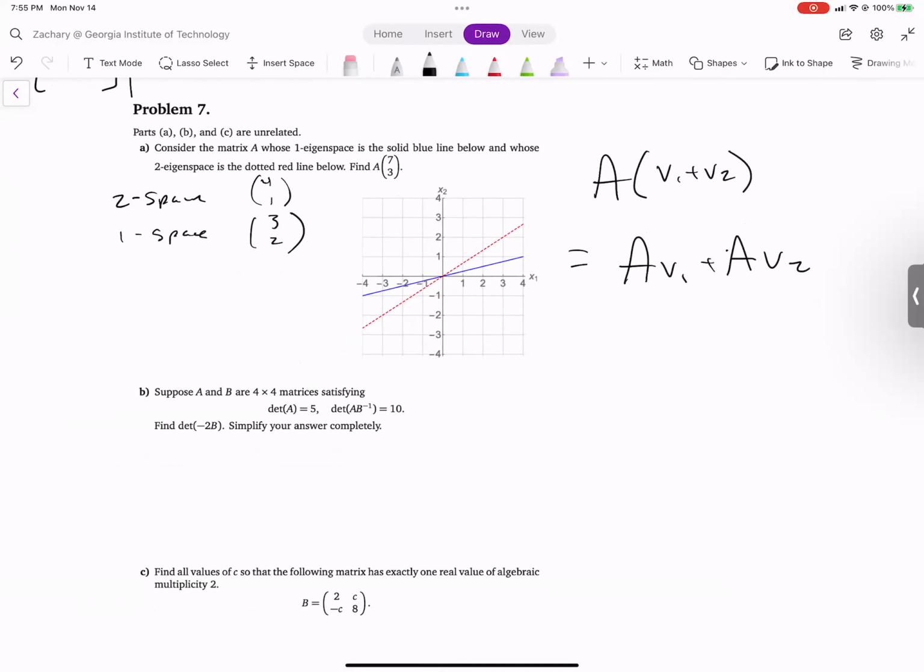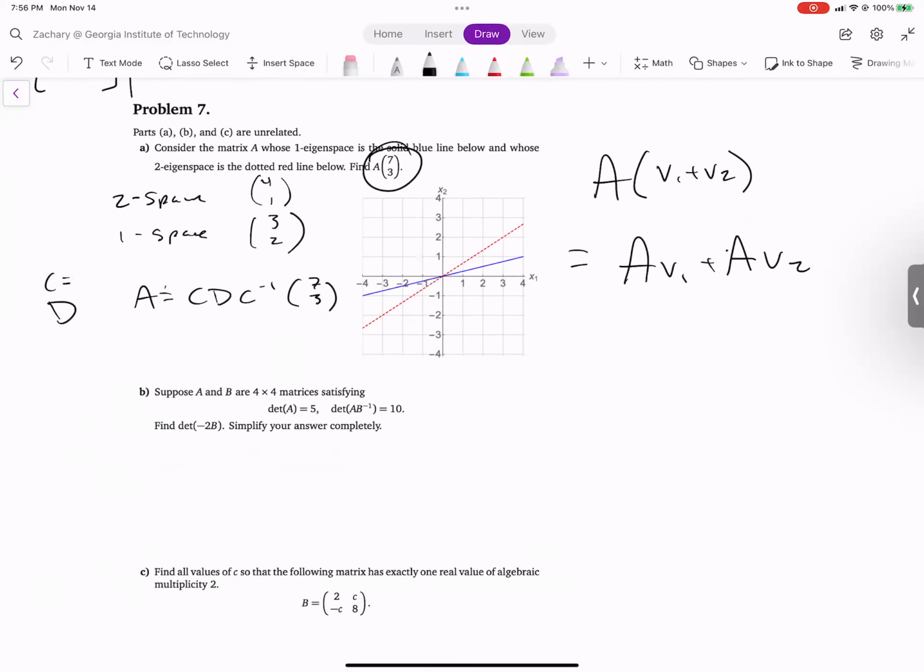Yes, so what we have here is they say to find A times (7, 3) without a matrix A. There's two ways you can do this. The hard way is to find C, to find D, and then to find A equals C times D times C inverse, and then multiply that by (7, 3). That's a lot of work, right?